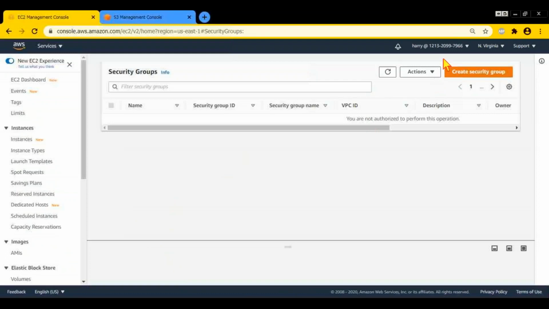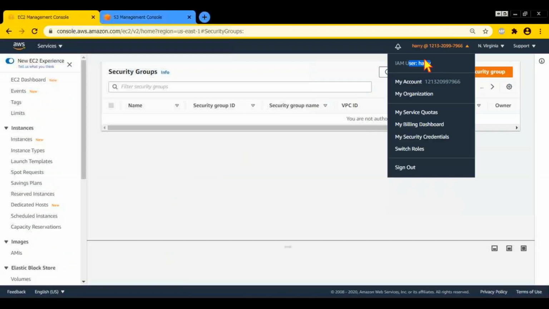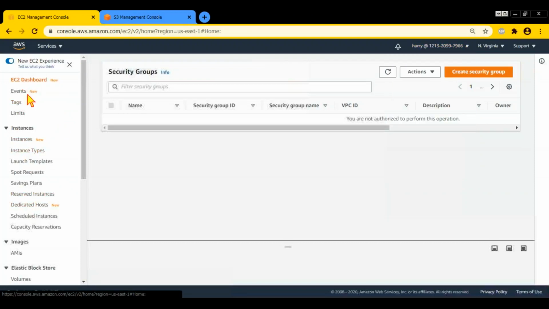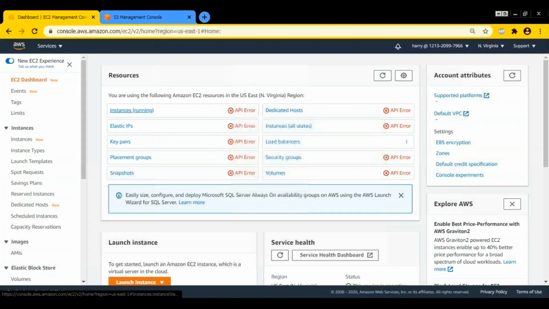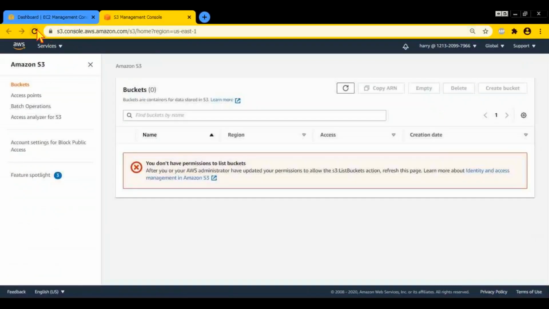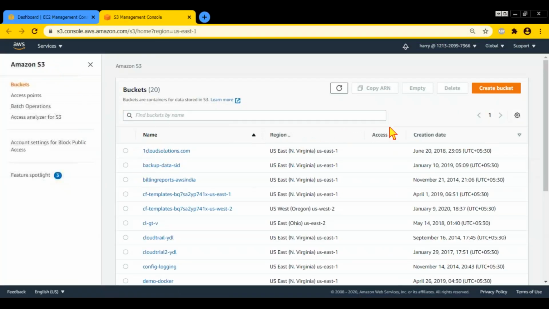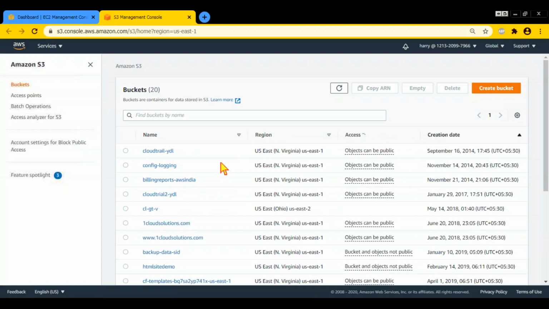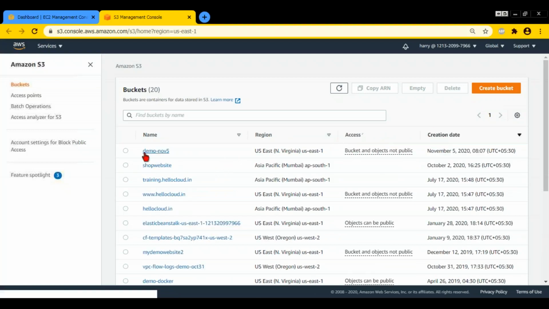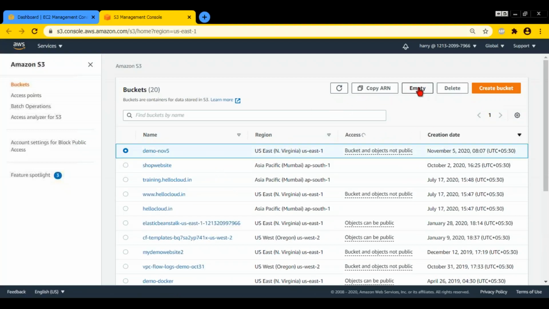So now here I am logged in as user Harry. Now if I go to the EC2 console, same thing. If I go to the EC2 dashboard, you are going to get an error. But if I go to the S3 console and let me try to refresh and see, now you see it is showing the buckets. At least it is showing the buckets, right? So for example, he tries to go here and tries to empty the bucket,